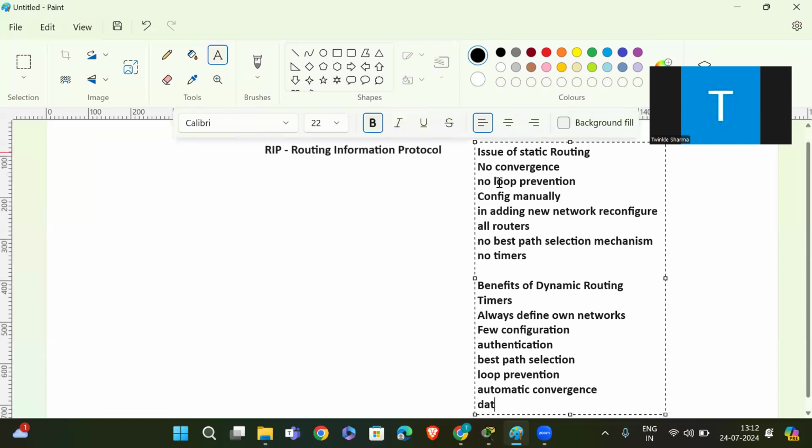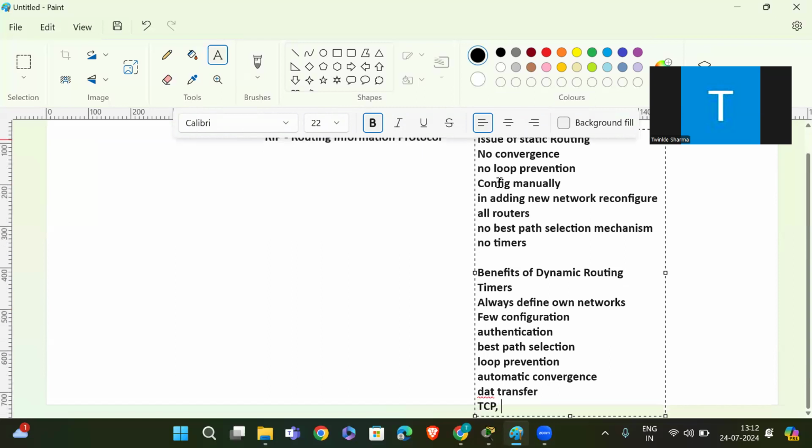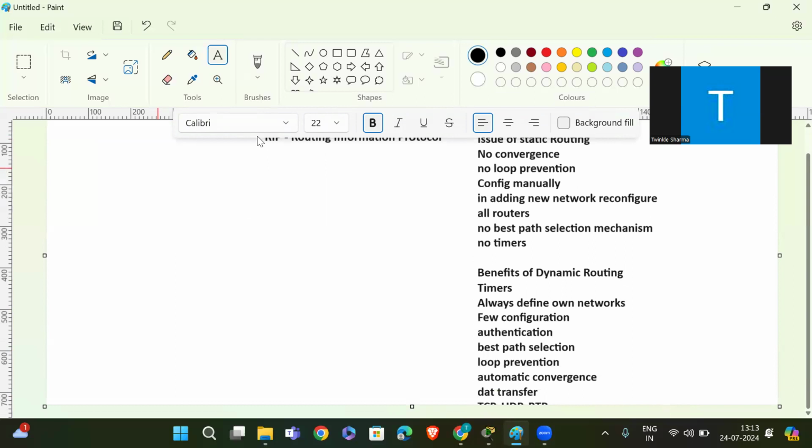Okay. Then we have data transfer in TCP, UDP or RTP, Reliable Transfer Protocol. Then we have the two types of dynamic routing protocols.